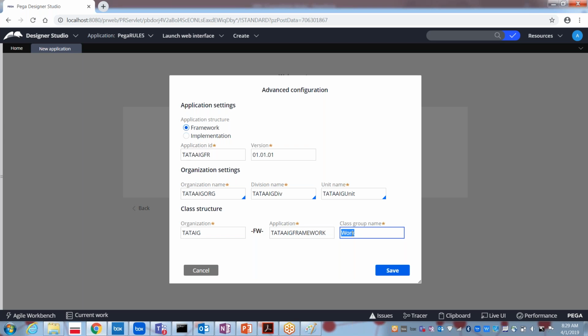Generally, for creating the cases for each and every customer, for each and every insurance policy, we will be creating something called one case. We will be creating a case for each and every insurance policy, and later that case can either be accepted or rejected. That means we can issue the policy or else we can reject the policy. The class group name you want to give, you can specify here. Tata AIG.